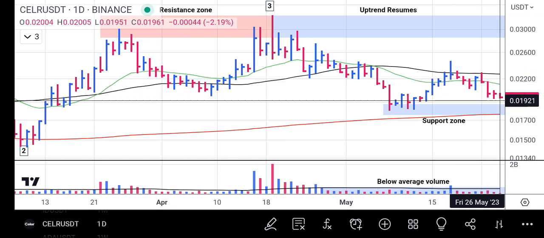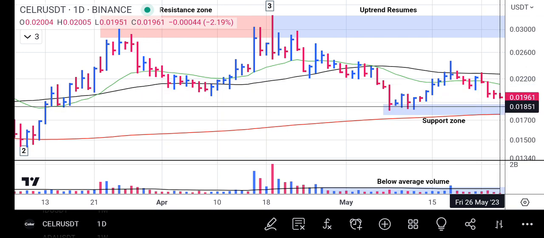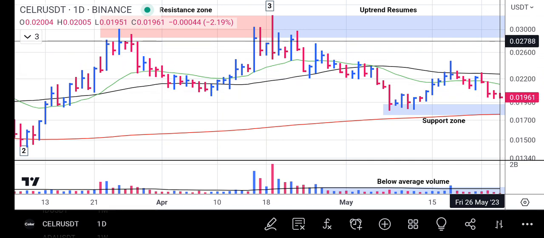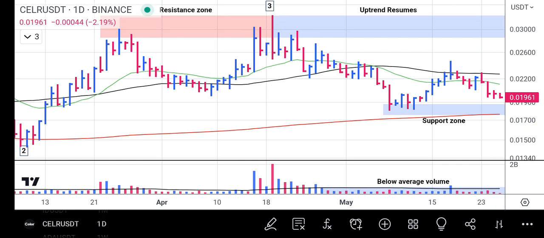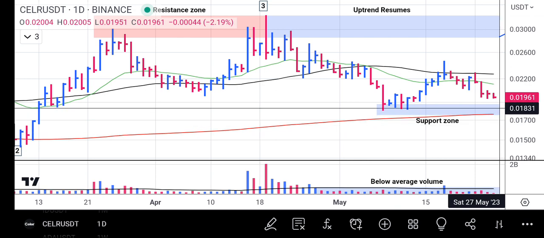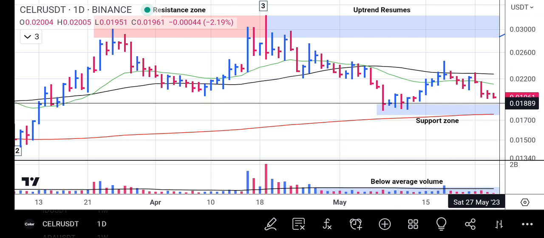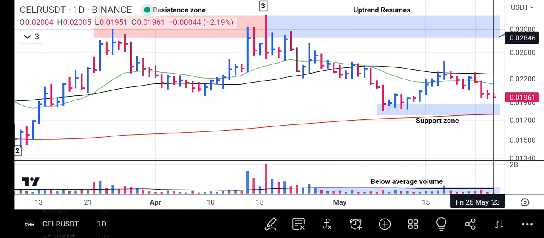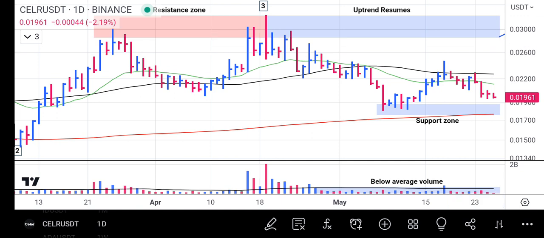And once they get to the 200-day and the support zone, they add more to their strength and finally rise above the 50-day average line. Yes, the next focus will now be on point 3. So the focus here now is for the buyers to notch an upward close bar with above average volume, and once they finally rise above the 50-day average line, they should focus on point 3, which will mark the uptrend